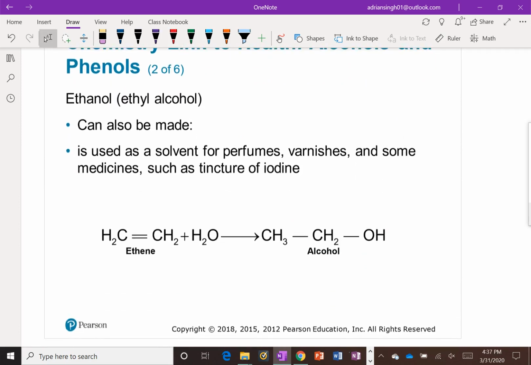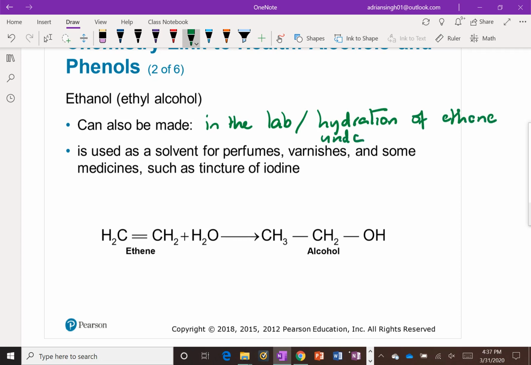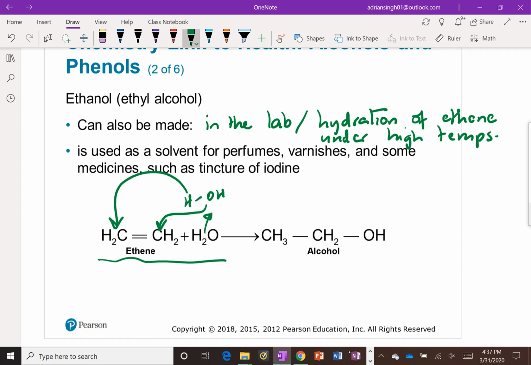Ethanol can also be made in the lab by a slightly different way, by the hydration of ethene under high temperatures. All right, so ethene can react with H2O. Remember, when you do this hydration reaction, you think of the water as an HOH. The H goes to one carbon and the OH goes to the other carbon of the double bond, right? So we end up with our ethanol